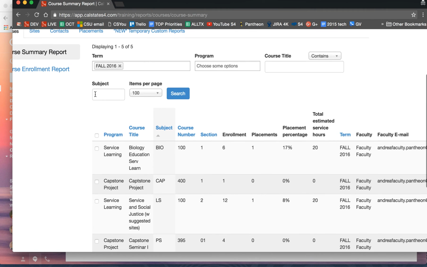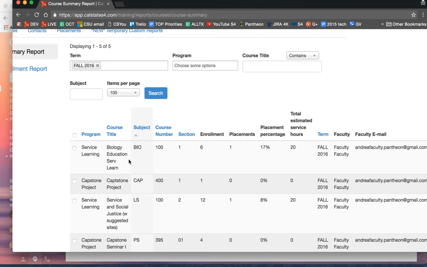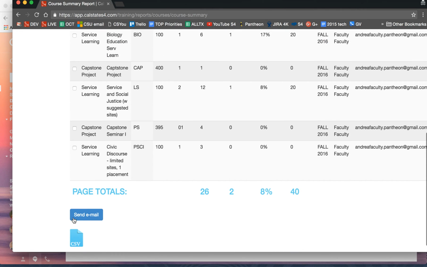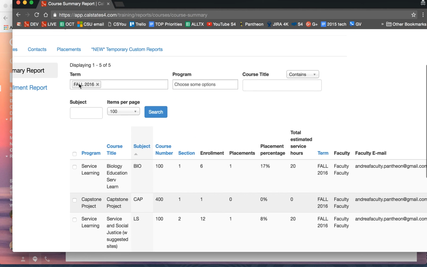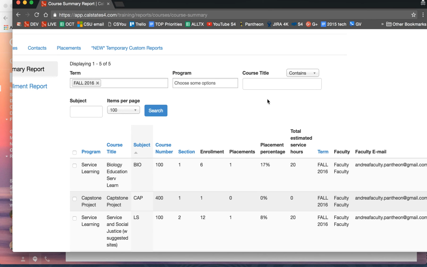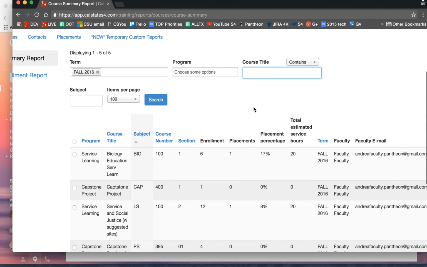Notice here from even the course summary report, you can also send an email to an individual faculty member. So if you wanted to send one here or to all of them, you'd say, hey, everybody who's teaching a service learning course, or whatever, you'd want to say only service learning. Or if you wanted to send to a particular subset, say biology, you could say course title is biology